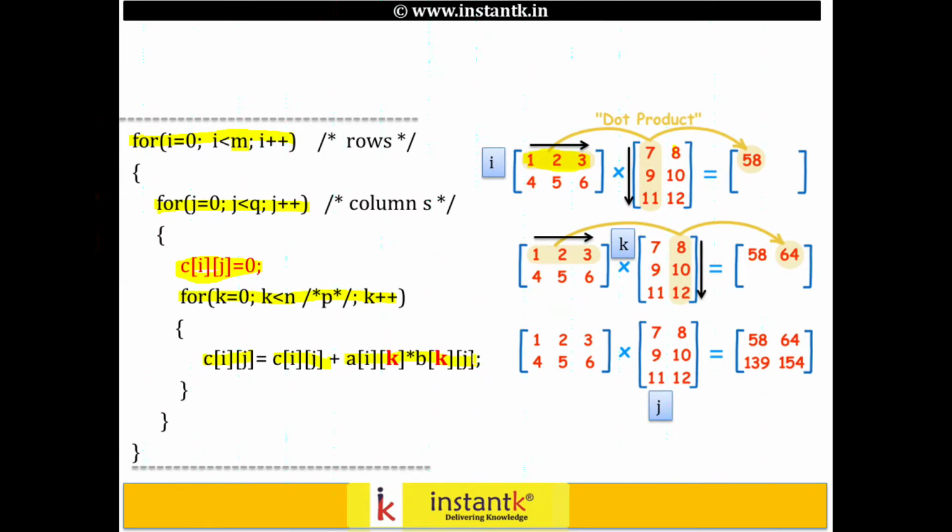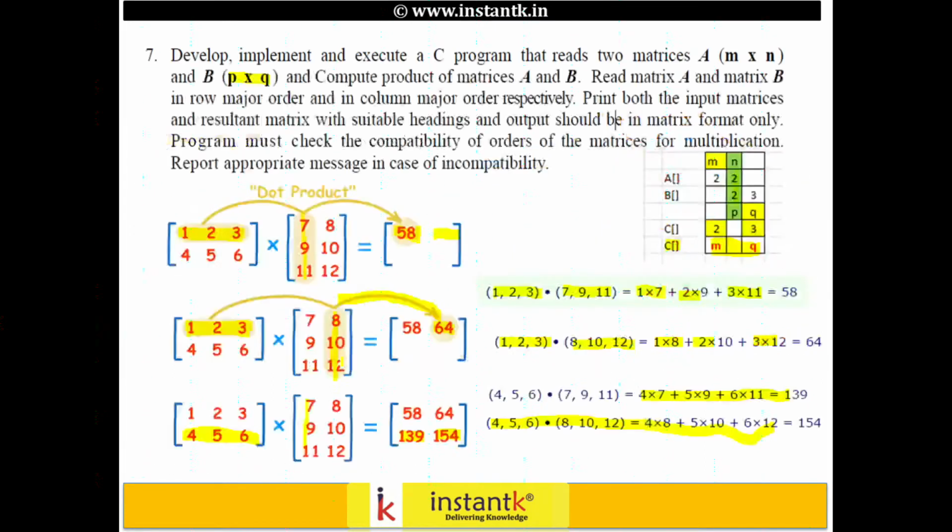Okay, this is going to be very critical and you need to remember very, very carefully what at last you are going to multiply, something like this. So take A of i and keep this row constant and take a temporary k which is going to move like this. Okay, so take i and multiply by k and get a 58. Then keep the i same, move k to the second one and get 64.